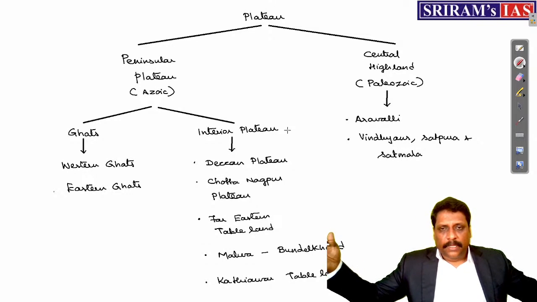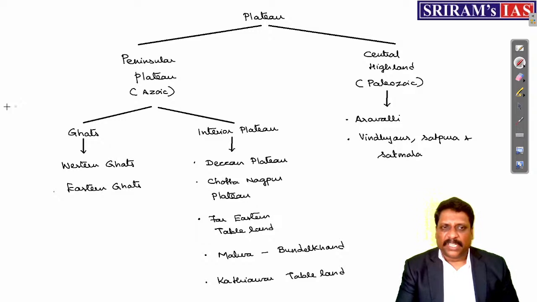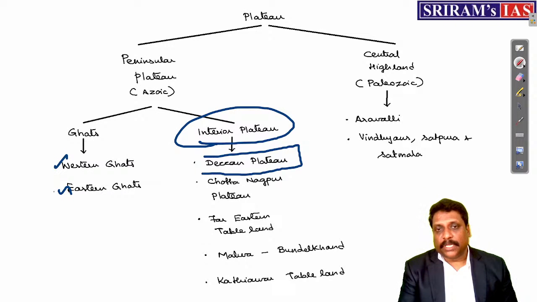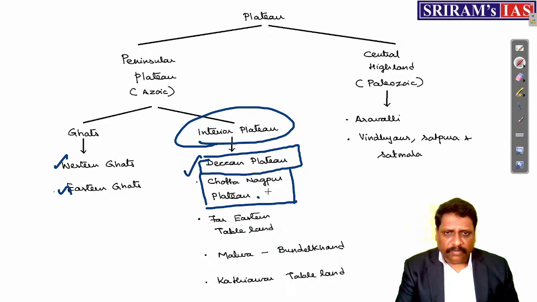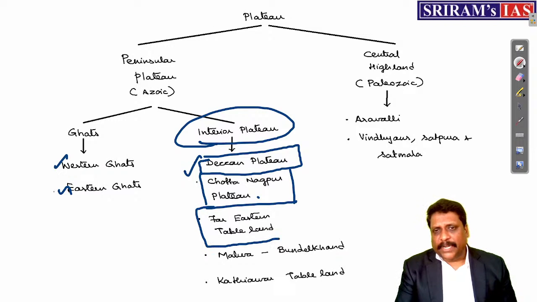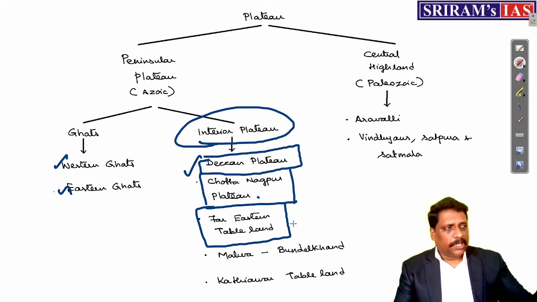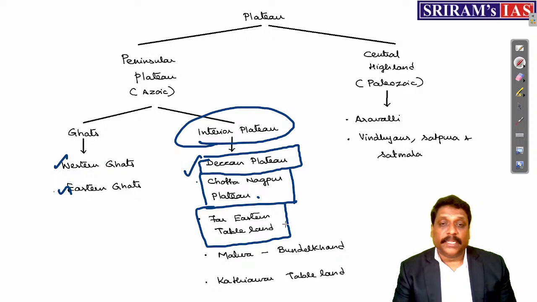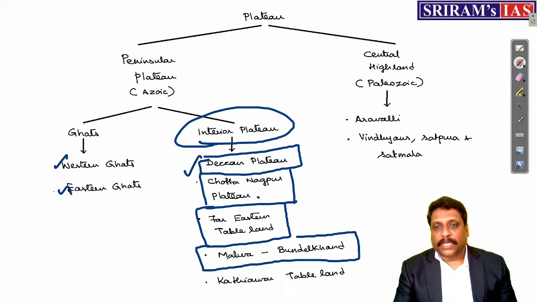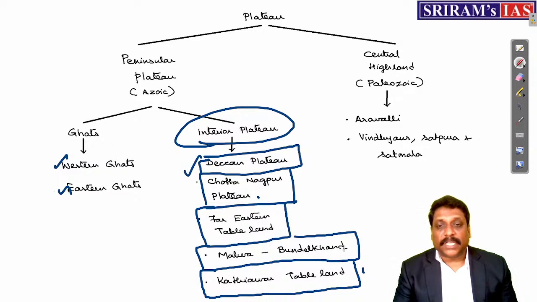The boundary of this plateau you call a ghat. One in the west you call Western Ghats, and one in the east you call Eastern Ghats. Right? And when it comes to interior plateaus, I have the largest plateau in India called the Deccan Plateau, and one of the most exploited plateaus in India called the Chotanagpur Plateau, very rich in metalliferous minerals. And the plateaus located in the northeastern states, you call the Far Eastern Tableland, or the Shillong Plateau, or the Himalayan Plateau. Then in the central part of India we have Malwa and Bundelkhand, and the westernmost plateau in India we have in the name of Kathiawar Tableland. So these are some of the plateaus, my friends.